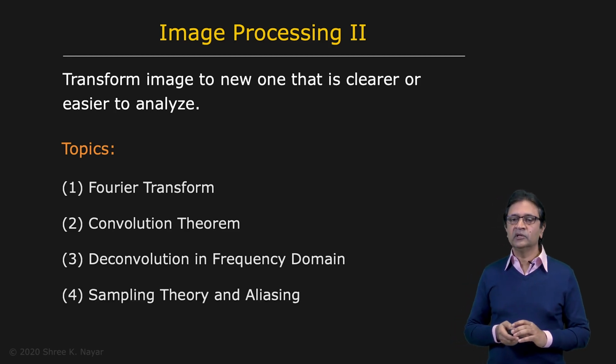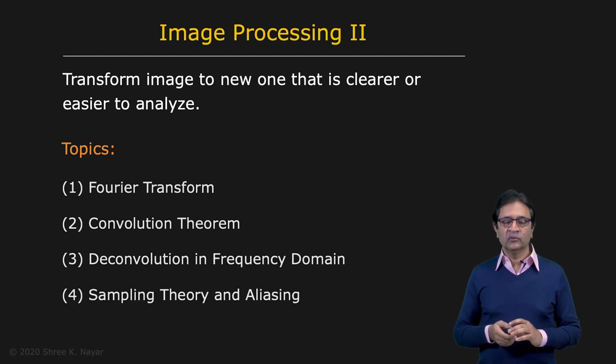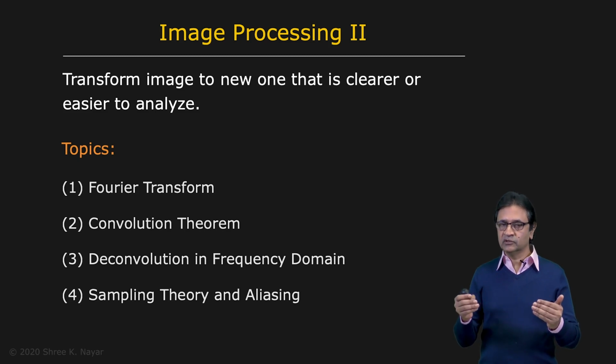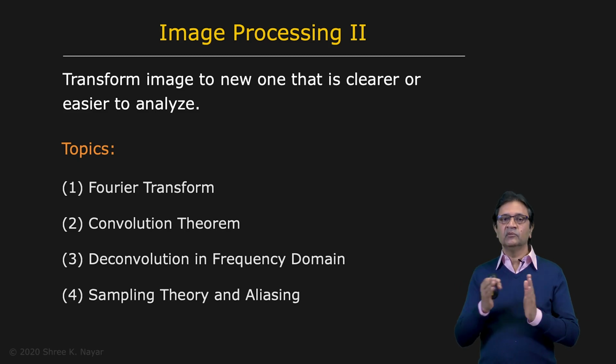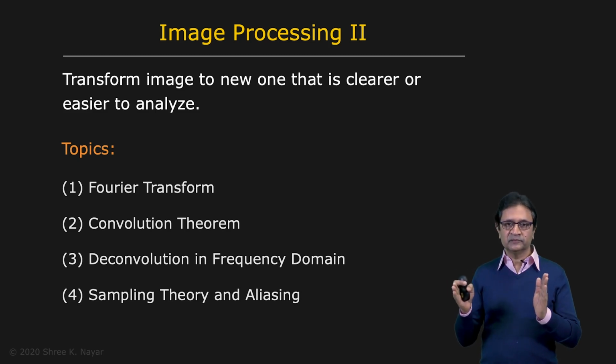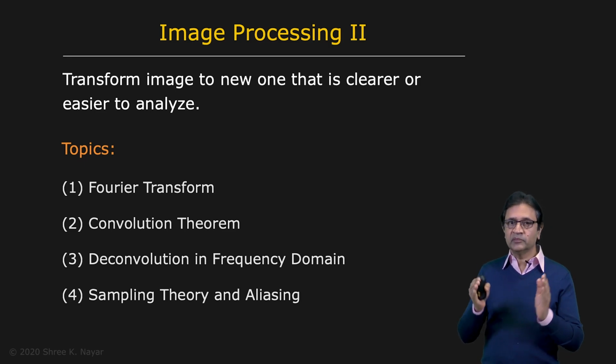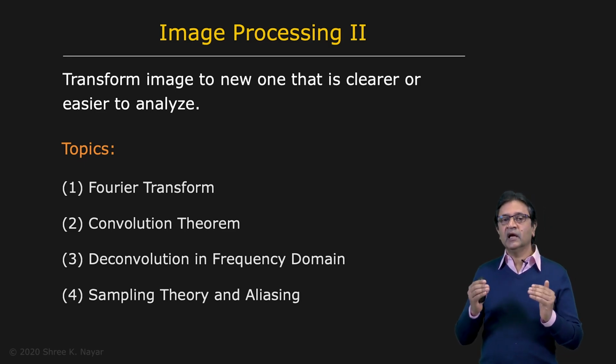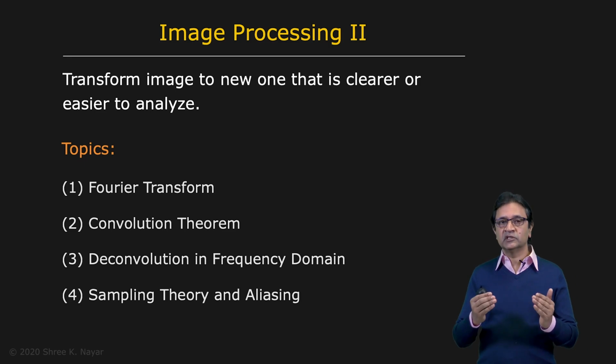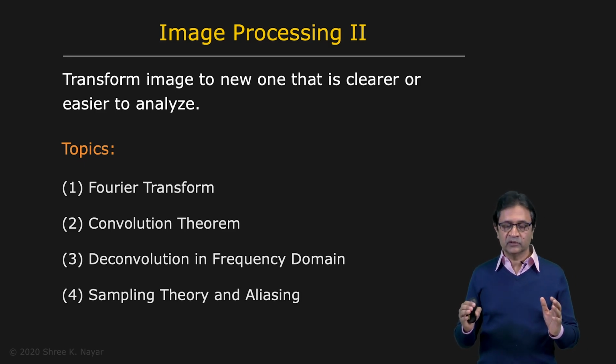And finally, we'll talk about sampling theory. What is being formed on your image sensor, as you know, is a continuous optical image, and then we're sampling it with a regular grid of pixels. There is a sampling frequency beyond which, if you sample this continuous image, you can actually recover the continuous image without any loss of information.